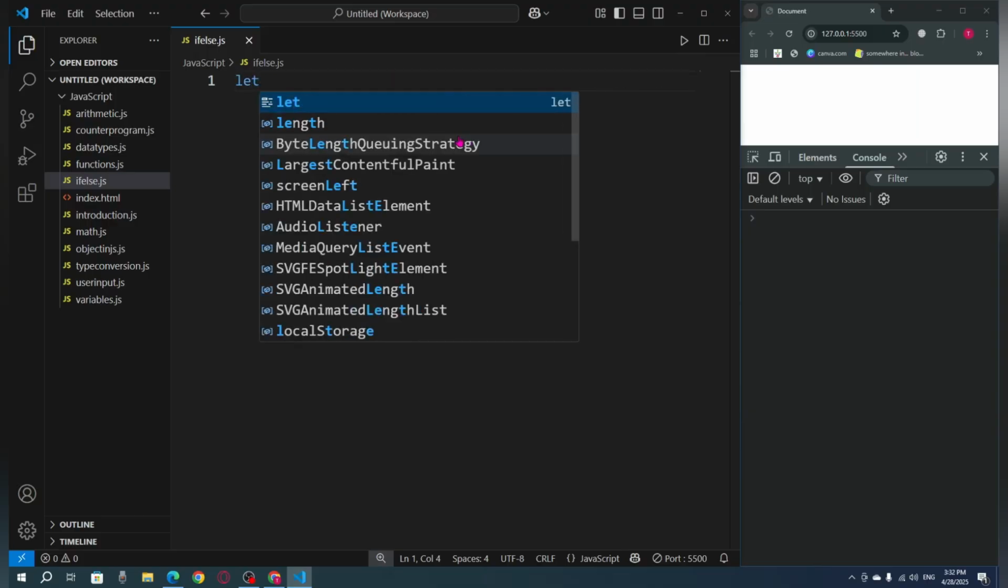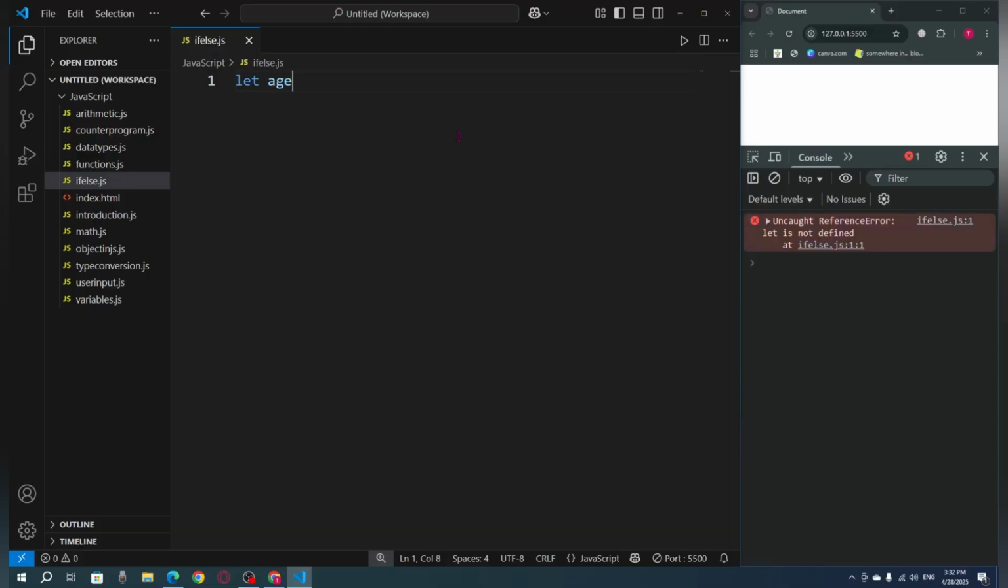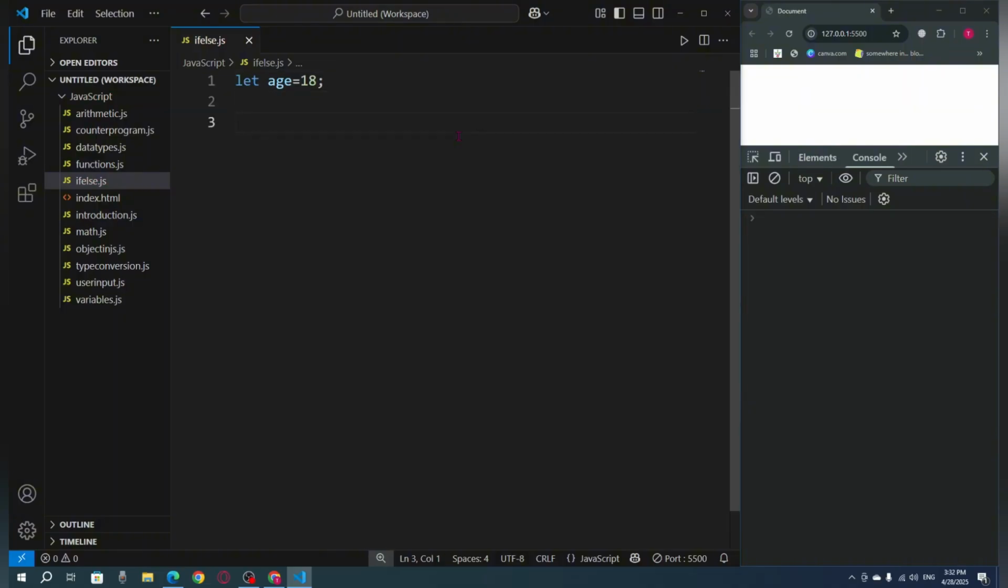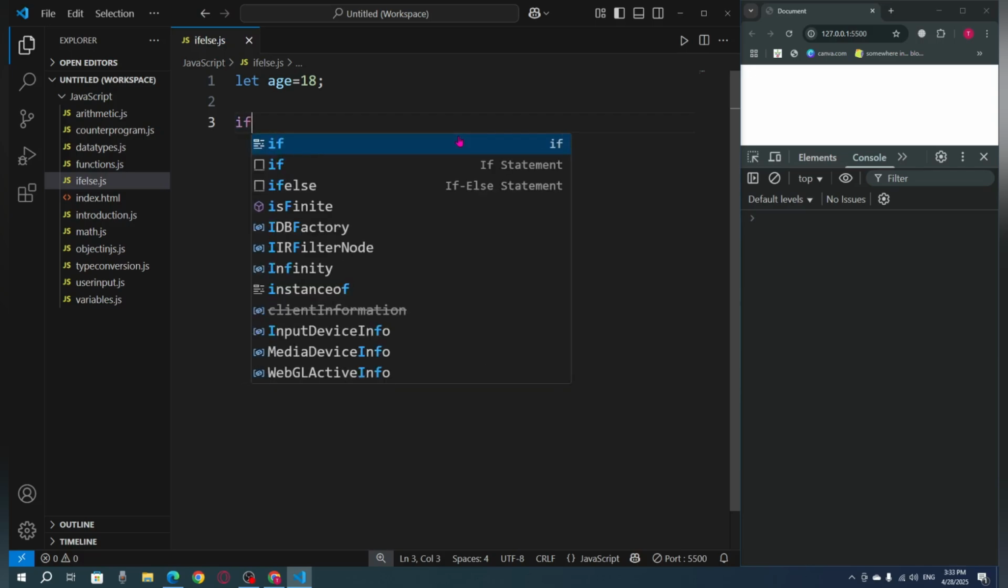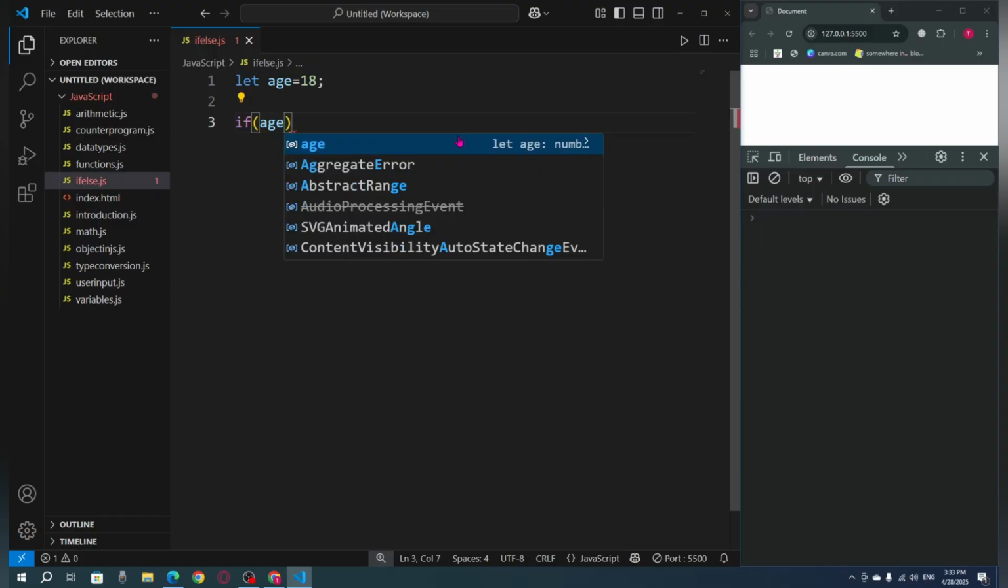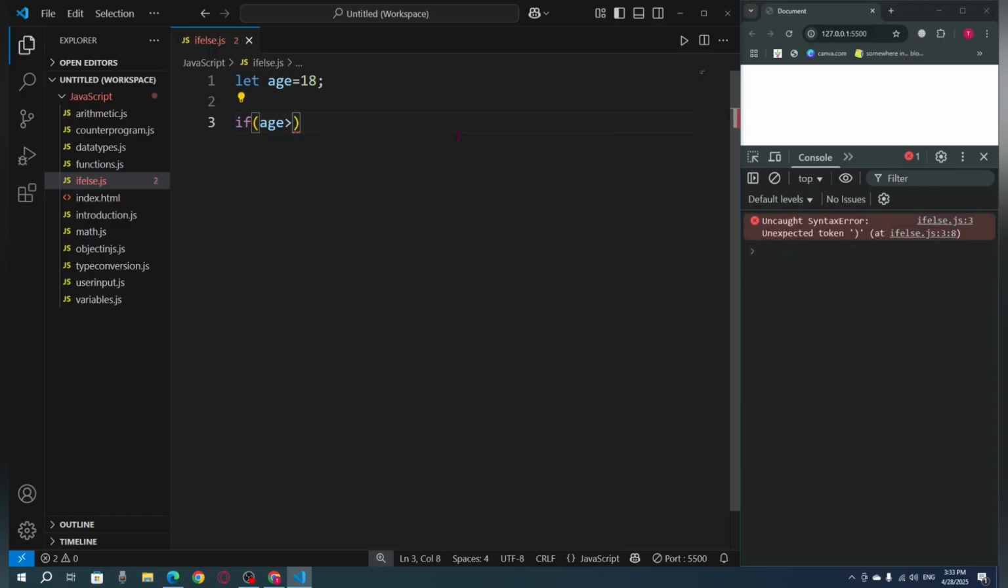So let's say I want to set a variable, let's say age is equal to 18. So now I'll check if the age is 18 plus, or smaller than 18. So I will actually make a condition. I will say if age is greater than or equal to 18, so we'll actually enter a clause and we'll say here